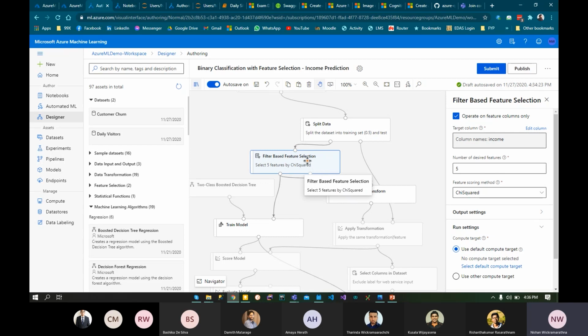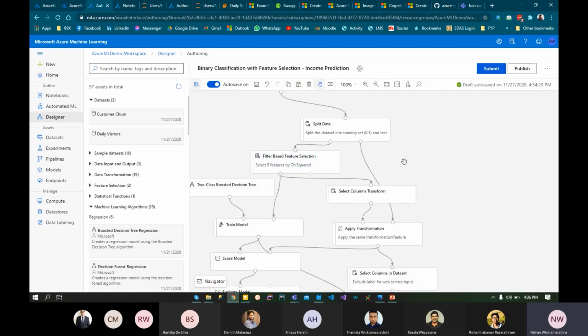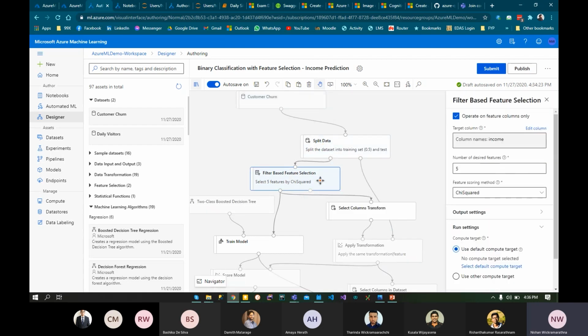Likewise, you would try to get different features, train your model, use different combinations, and apply different transformations onto that data to come up with a good accuracy model. But with this filter based feature selection, which uses the chi-squared method, it can select five features based on this method called chi-squared. I'm not going to deep dive into that, but you can change the method to Pearson correlation as well. So it will only use five features from this data set,